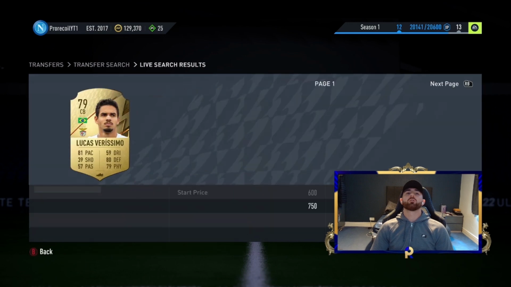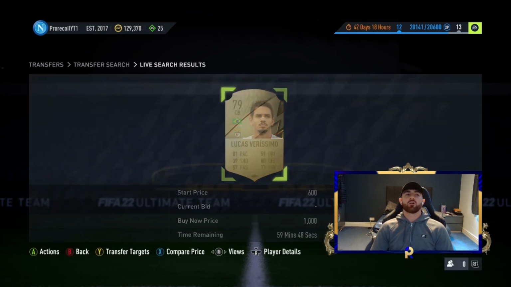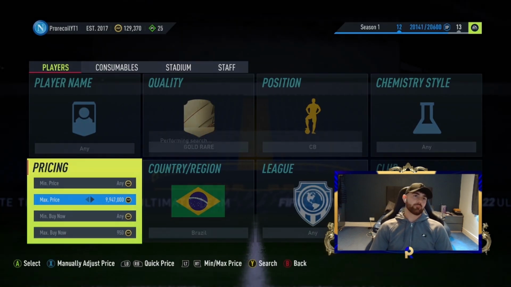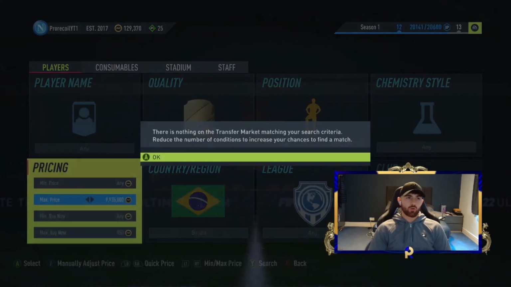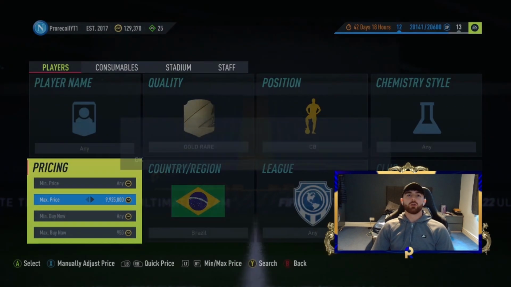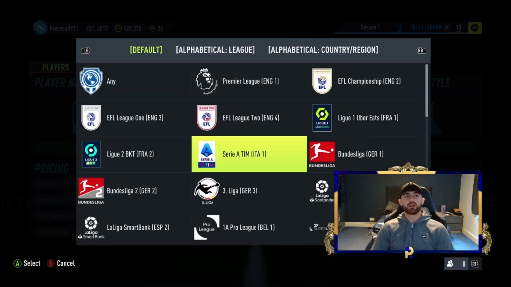Come on, just the one. We just want one nice card, one nice 950. 10, 9, 8, 7, 6, 5, 4, 3, 2, 1. To be fair, I'd given up hope way before that, but we're going to have a look at the Serie A